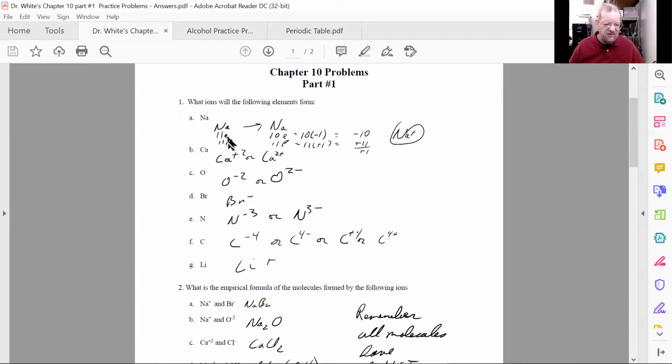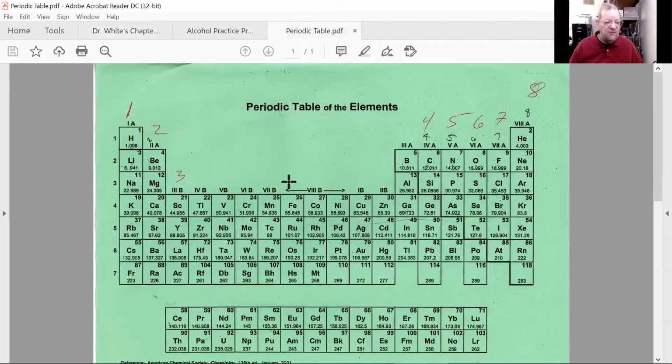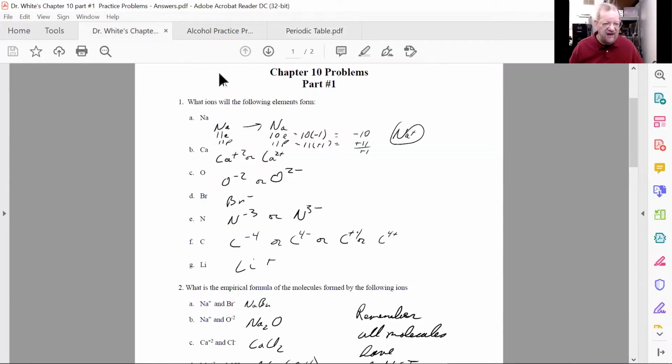Now, sodium has 11 electrons, 11 protons, and it wants to have the same number of electrons as the nearest noble gas. And if we look at the periodic table, we see sodium at 11, numerically the nearest one is neon at